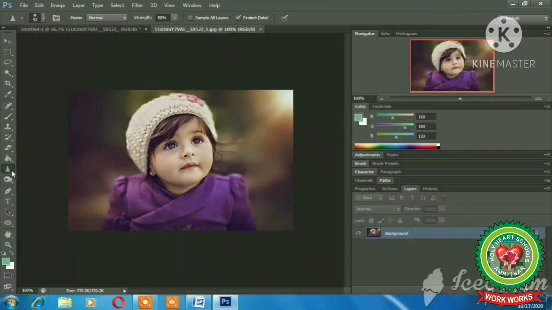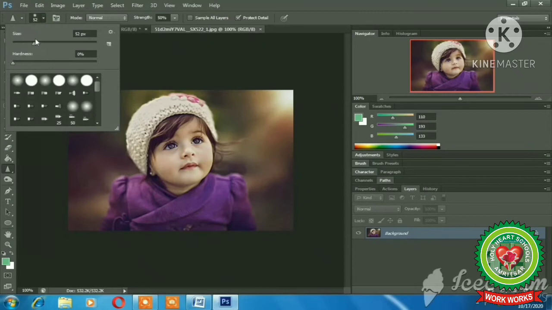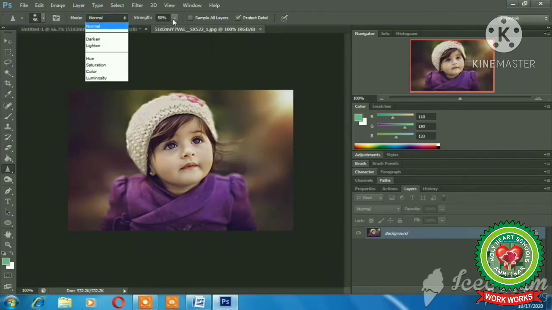Now students, there is a sharpen tool. I'll click on the sharpen tool. Now we have different options in the option bar like the brush size, which we can increase or decrease, mode and strength. As per our requirement, we can select the required options.